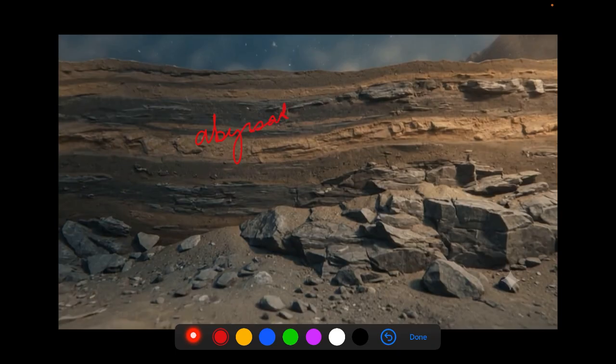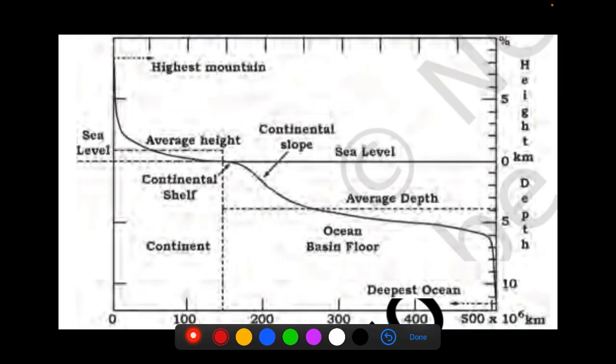And you can now see that this is the deposition of the sediments that have come from the continent to the ocean. So now we have seen that the ocean floor can be divided into various parts, and we have already discussed what these parts are. This is the NCERT diagram of the different parts of the ocean floor configuration. We have seen that there is the continental shelf, which is a part of the continental margin only.